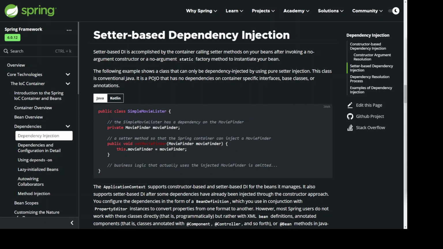public class SimpleMovieLister { // the SimpleMovieLister has a dependency on the MovieFinder private MovieFinder movieFinder; // a setter method so that the Spring container can inject a MovieFinder public void setMovieFinder(MovieFinder movieFinder) { this.movieFinder = movieFinder; } // business logic that actually uses the injected MovieFinder is omitted }